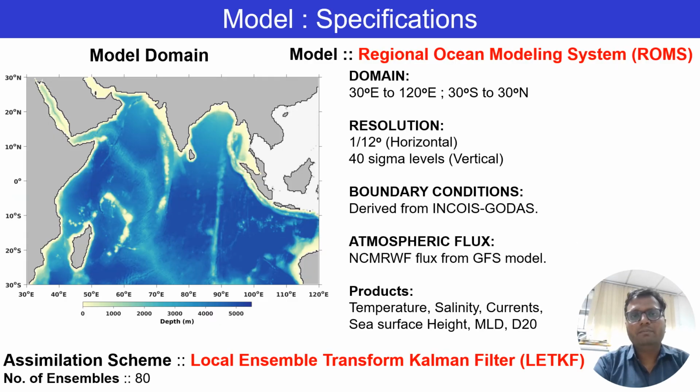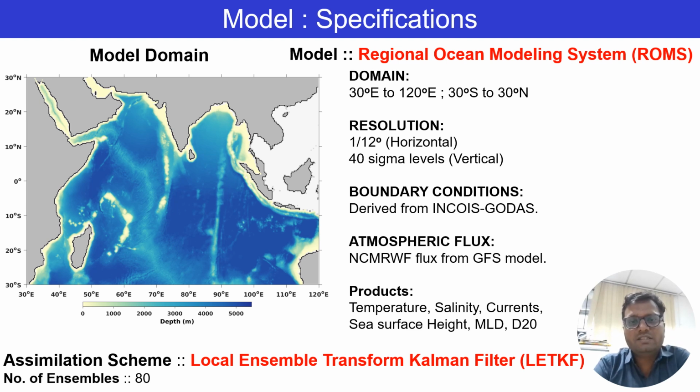In this slide, I am presenting the specifications of the model and the assimilation system. The model used is the Regional Ocean Modeling System, ROMS, whose domain extends from 30 east to 120 east along the east-west direction and 30 south to 30 north along the north-south direction. The horizontal resolution is close to 9 km, that is 1/12 of a degree, and 40 vertical levels are